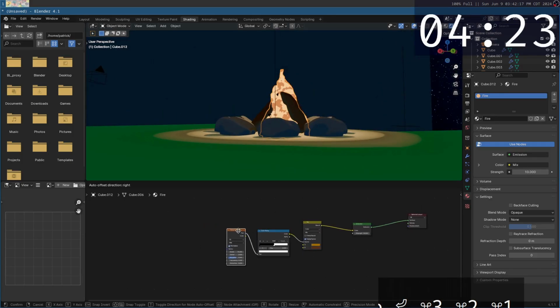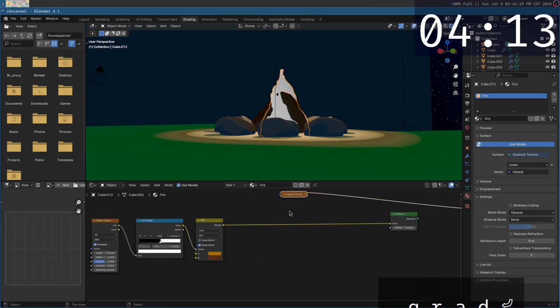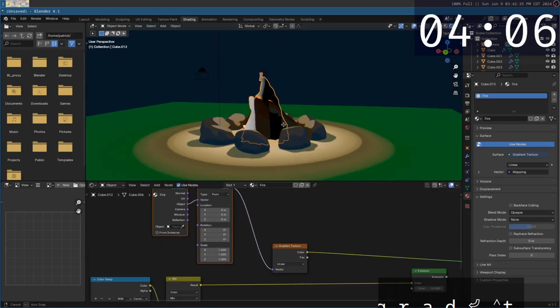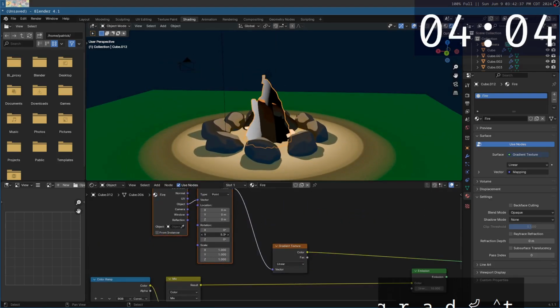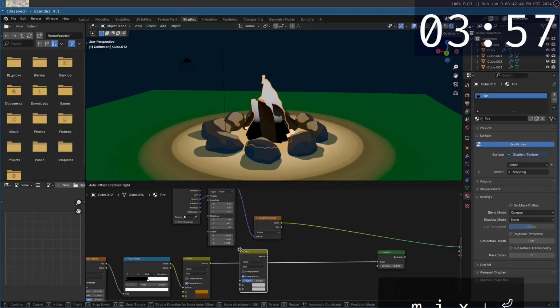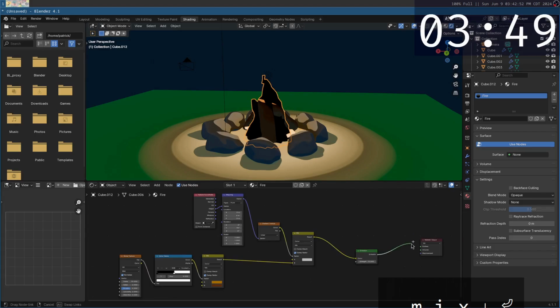So why don't we actually add that in? Yeah, we can just do a linear gradient. Why don't we take a look at that? Control T from the object coordinates. And where is the object? Okay, we need to rotate this along the Z, perfect, by 90. And then add in another mix color. Can use this as the factor, where we'll just do this, slap that into the color of the emission, that,